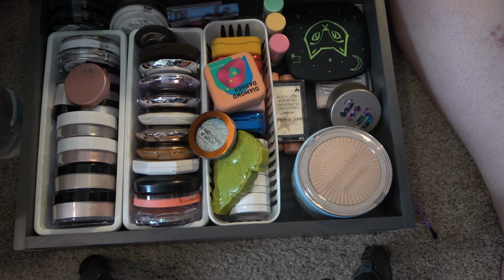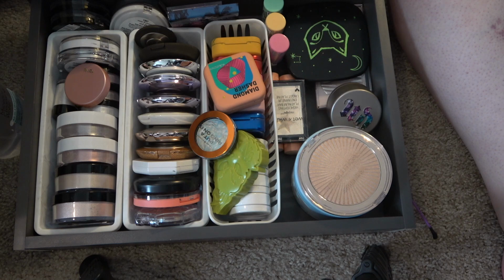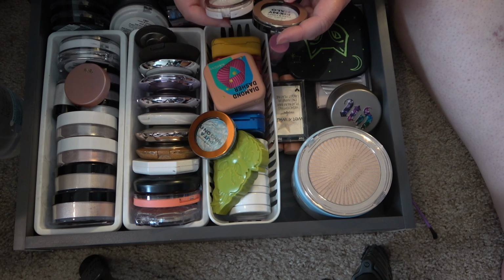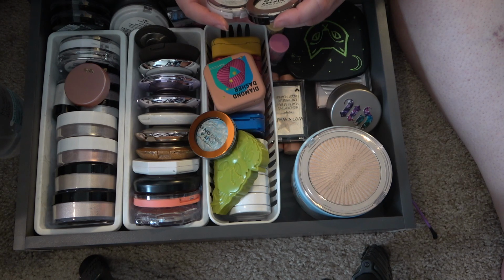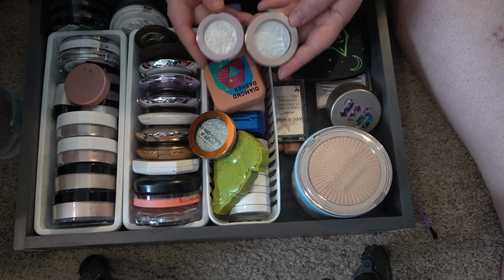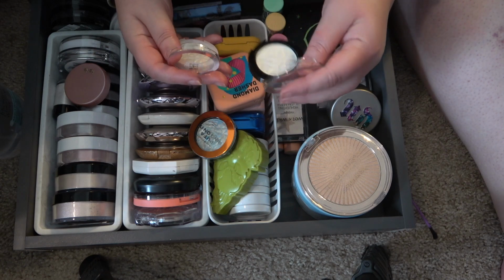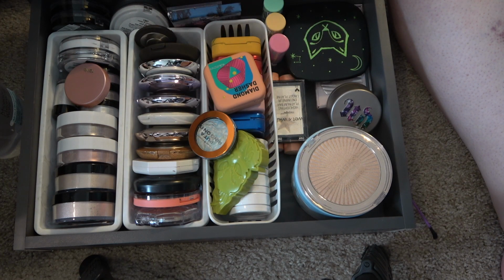And then I have 2 that are in the same color, shade. Fix My Halo. And I'm definitely keeping that. I'm going to keep the slightly larger one because they are both, honestly, the pan size might be the same on both of them. It's just that this has a bigger border. No, I think the pan size on this one is slightly bigger. Let me see if these are actually...